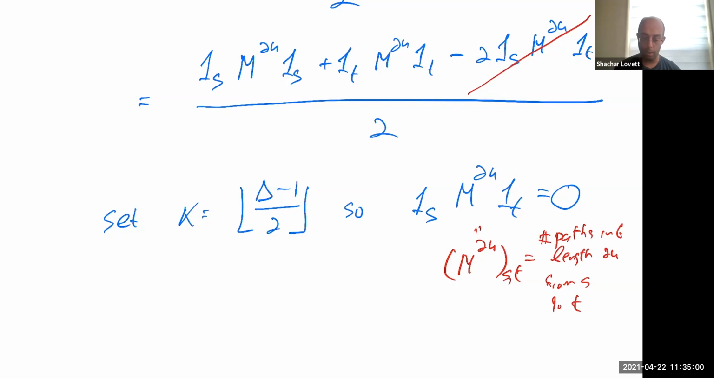Now also, what about the other terms? So this lemma that we had, it also tells us that 1s, suppose M2,